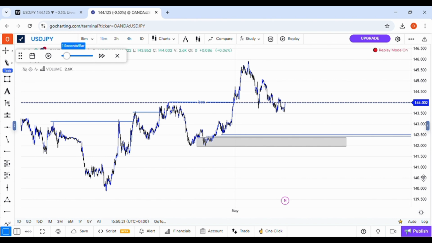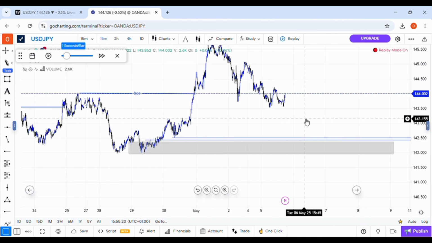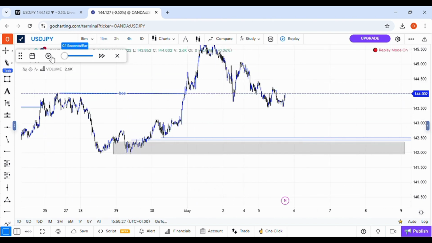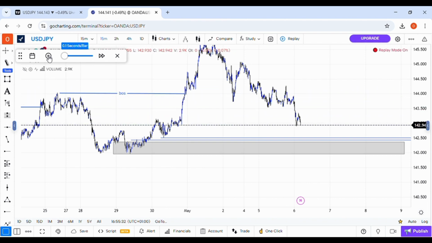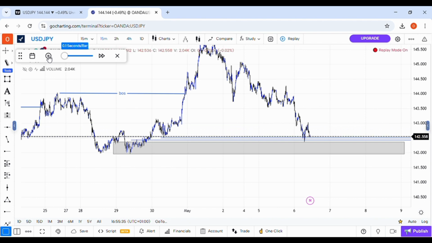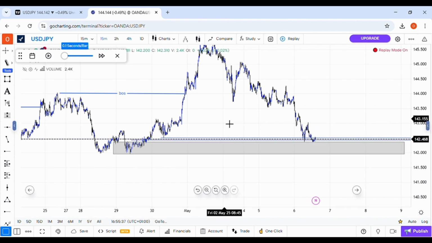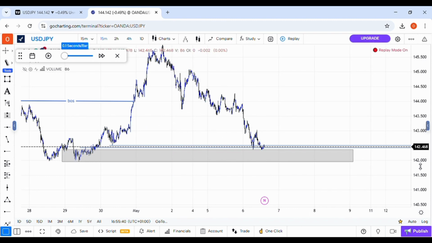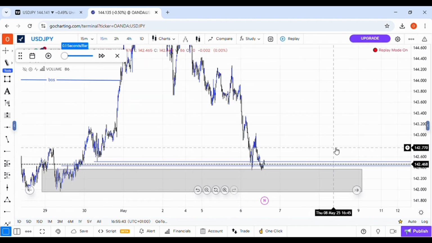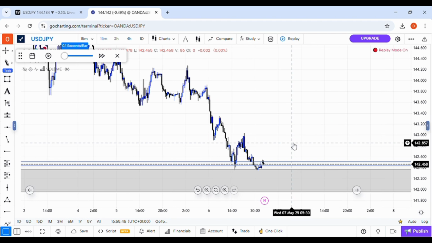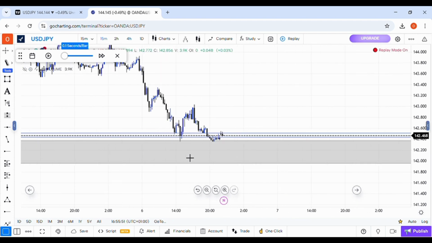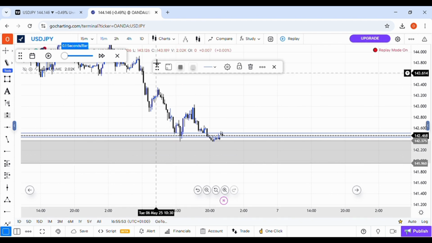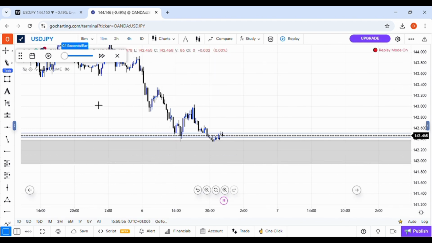In our 15-minute time frame, price hasn't reached our entry yet, so we need to wait and see. Okay guys, price just tapped our entry. You can see it here. Let's understand this market structure. This is our order block that we mapped out from the 4-hour time frame. Since price is in our entry,